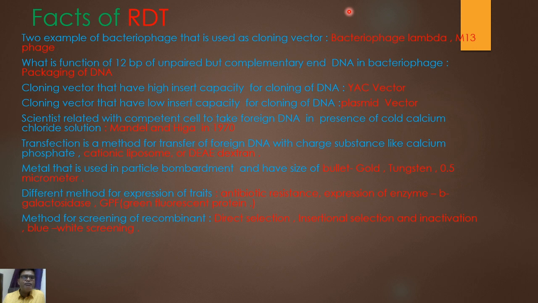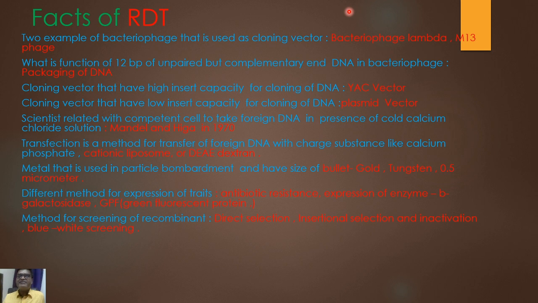Next, what are the different methods for screening of recombinants? This question is generally asked as a 1 mark, 2 marks, or 3 marks question. So you have to explain direct selection, taking the example of an antibiotic resistance gene present in the plasmid of a bacterial cell, and absent in the plasmid of other bacterial cells. Then we grow those two different types of bacteria in media, one containing antibiotic against the particular gene, and the other media not containing antibiotic. So we compare whether the bacteria are growing or not.